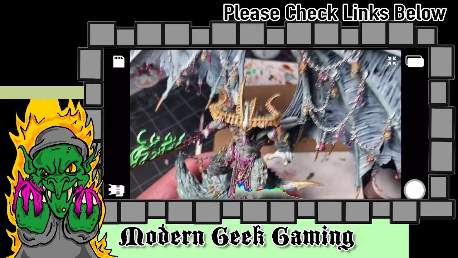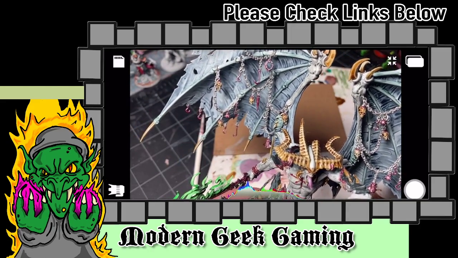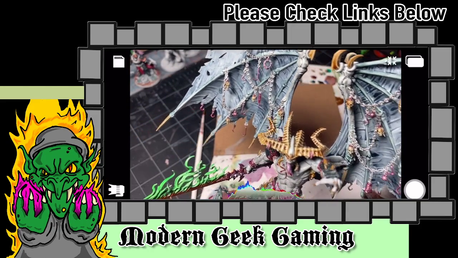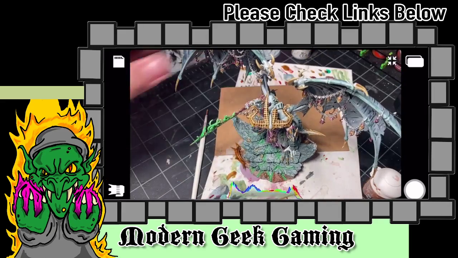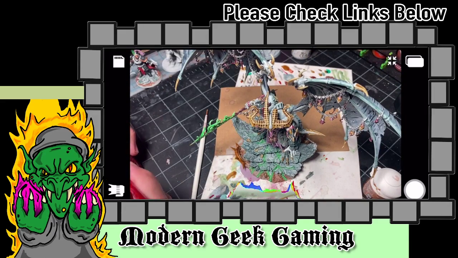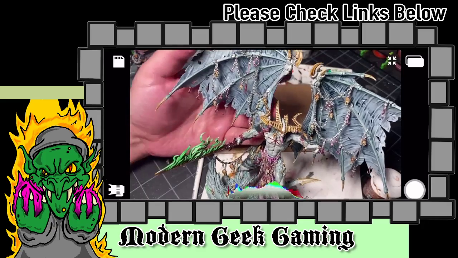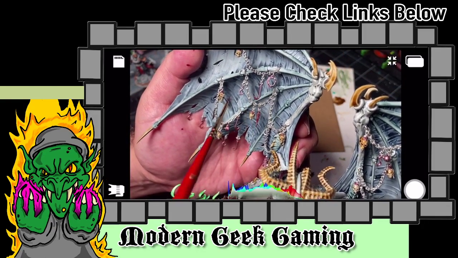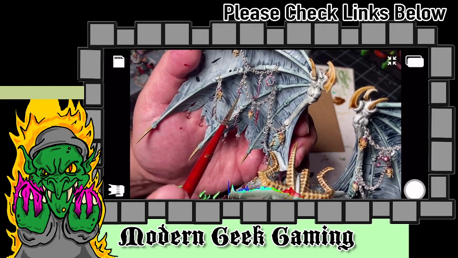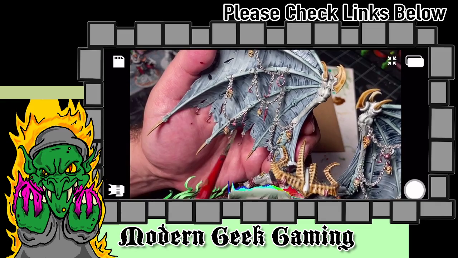Now you would normally be able to do this, and I'm sorry I'm not showing the hooks. Another thing you could do, which I didn't do here, is you could also get UV resin, and you can make little resin drips, and you can also color the UV resin. So you can make it so